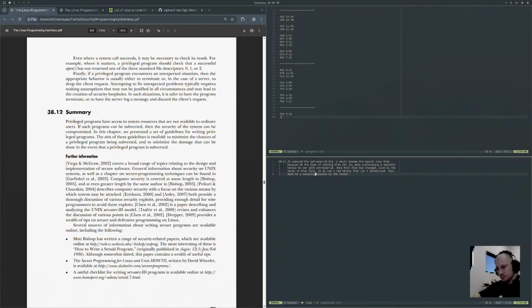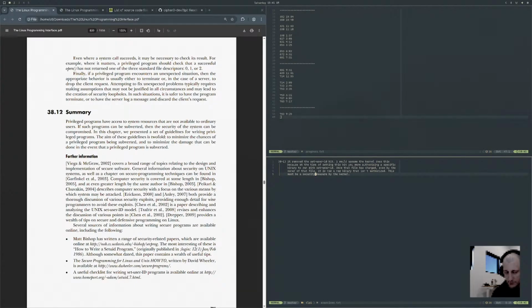38.1. Whenever a file is modified by an unprivileged user, the kernel clears the file's set user ID permission bit. The set group ID permission bit is similarly cleared if the group execute permission bit is enabled. The combination of having the set group bit on while the group execute bit is off has nothing to do with the set group ID programs. Instead, it is used to enable mandatory locking, and for this reason, modifications to such a file don't disable the